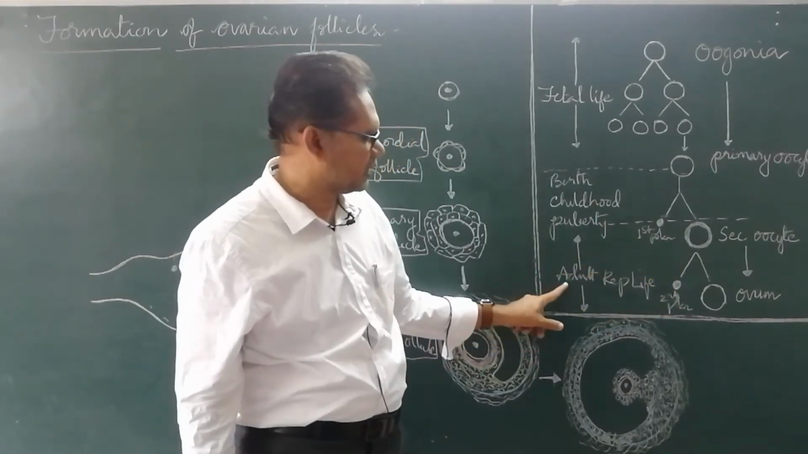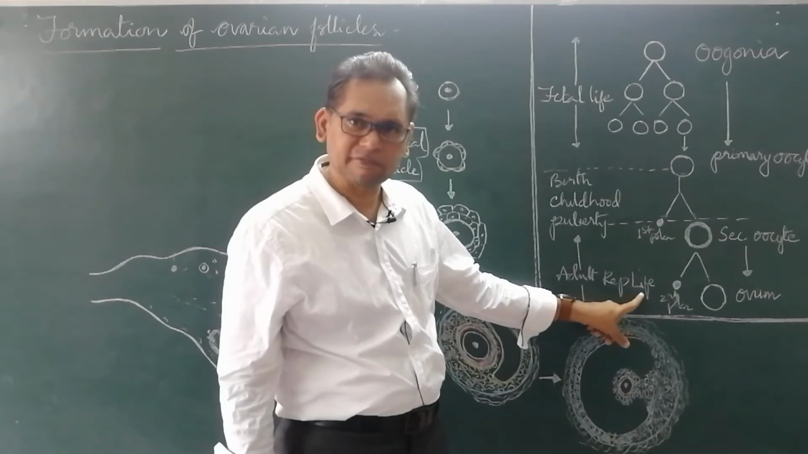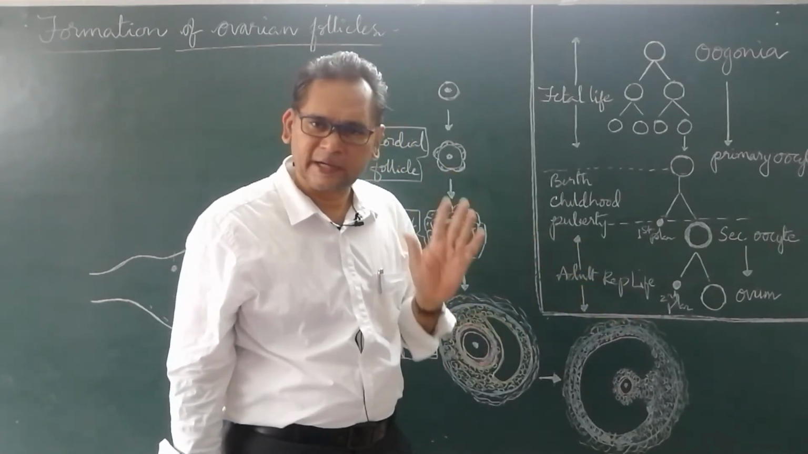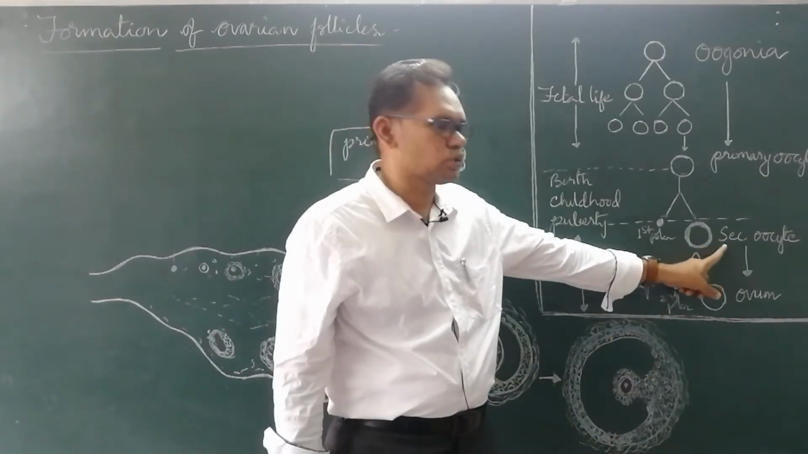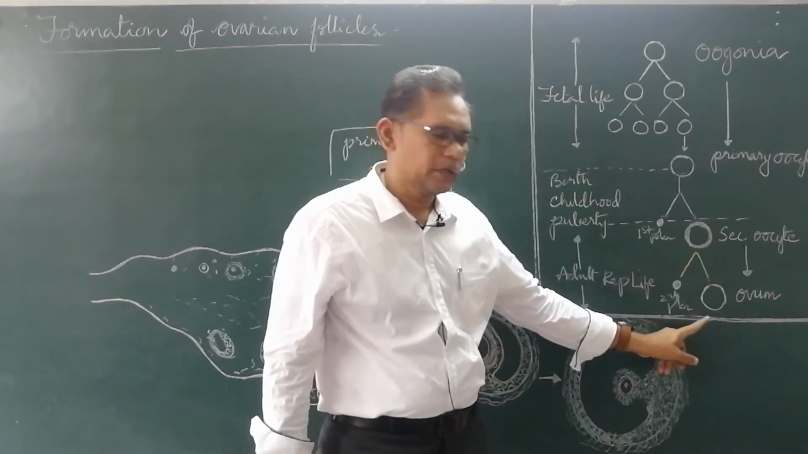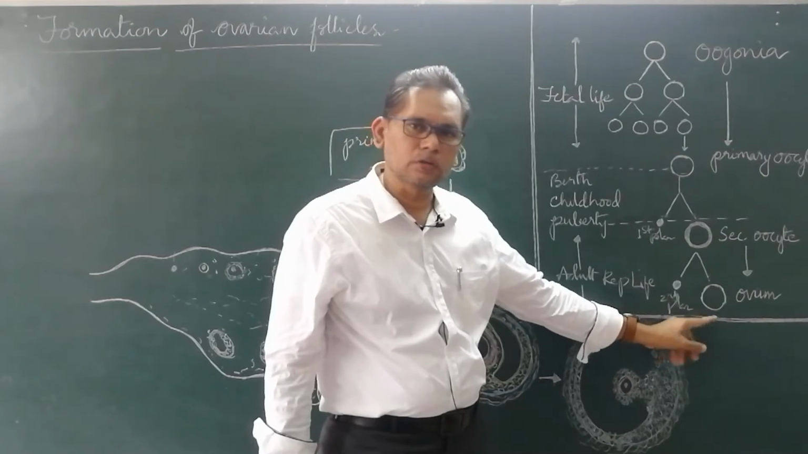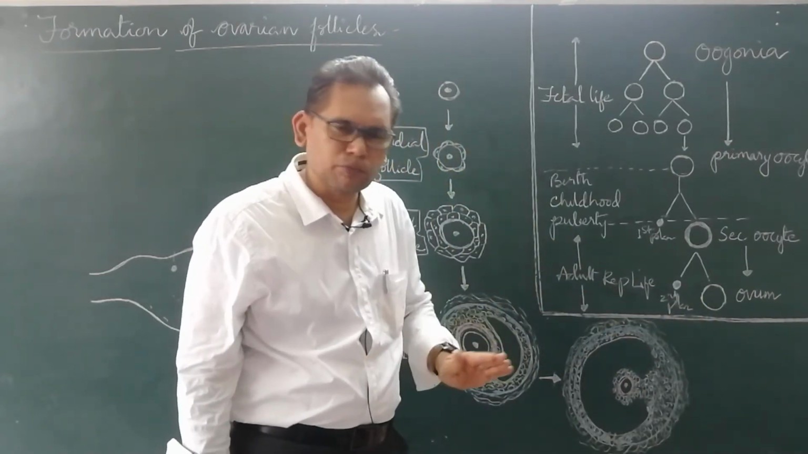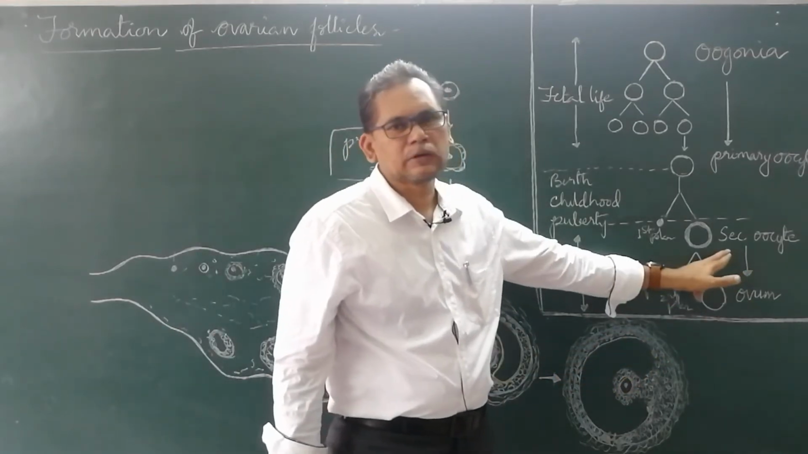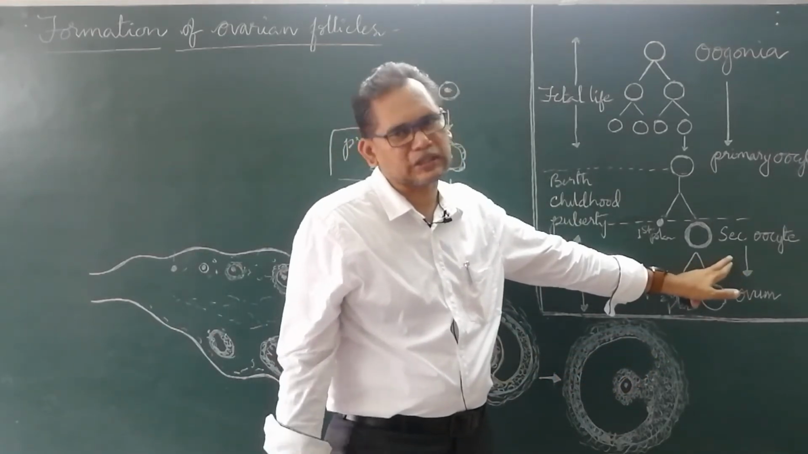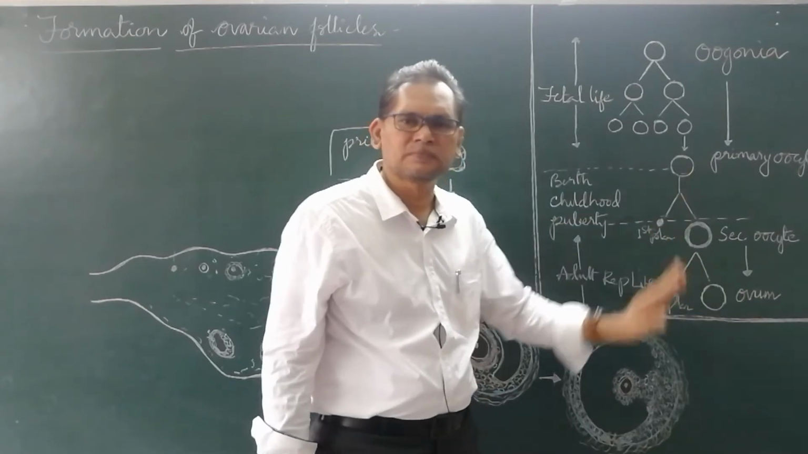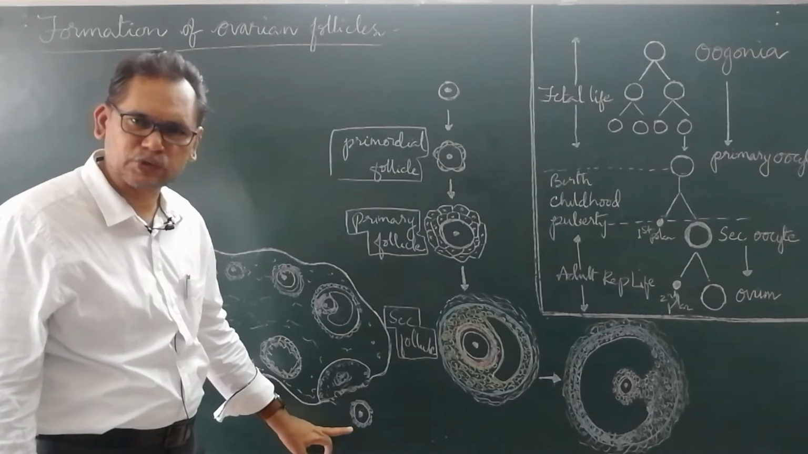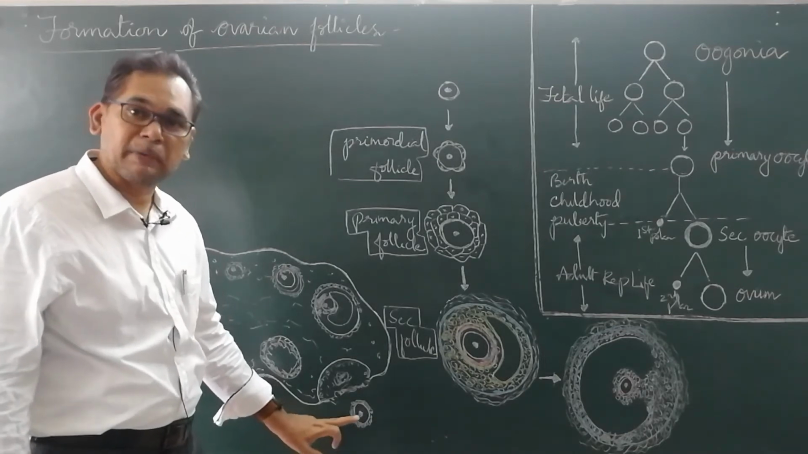Now, in adult reproductive life, what happens? When a sperm is available, this secondary oocyte is changed into an ovum, that is, meiosis 2 will be completed. Then we call it ovum. But technically we also call the secondary oocyte an ovum. This secondary ovum, which is actually the secondary oocyte, is what is released. We call it ovum,